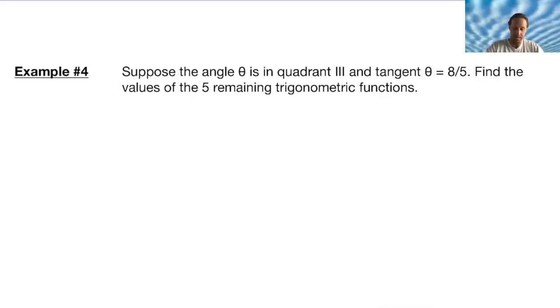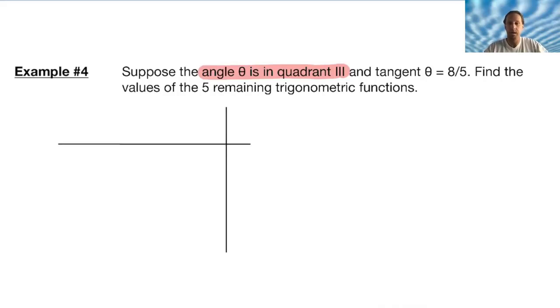So this one says, you know what? I'm going to give you an angle in quadrant 3. So right then and there, I'm going to stop and I'm going to draw this out, so that I have a visual of what I'm dealing with, quadrant 3. I don't even need all the other quadrants. But then they tell me some angle is in that quadrant, right? So when I go to draw that, I'm going to draw it no specific way necessarily, or maybe I wait and I see what other information they gave me before I draw it. Because I then see that they say